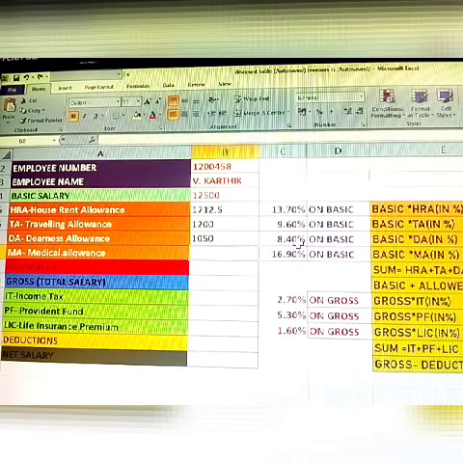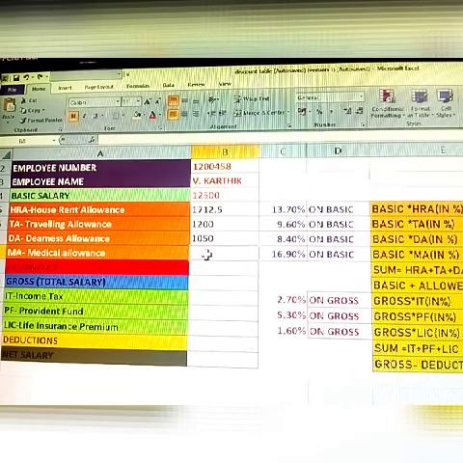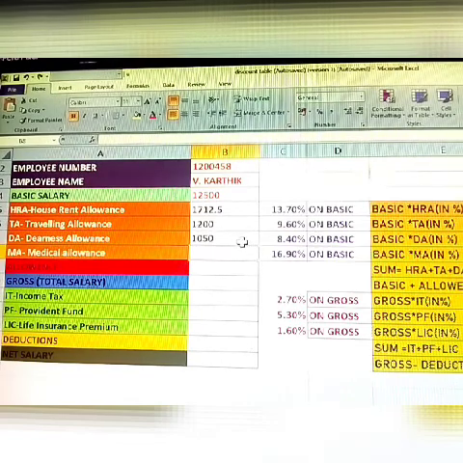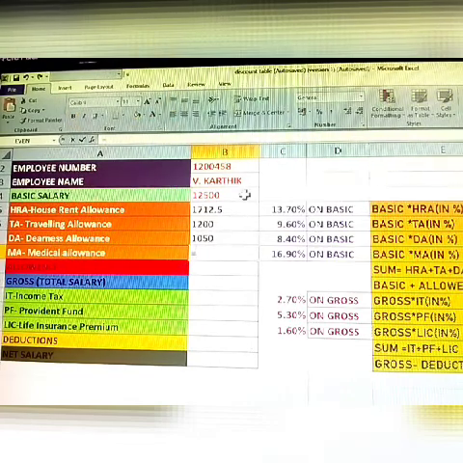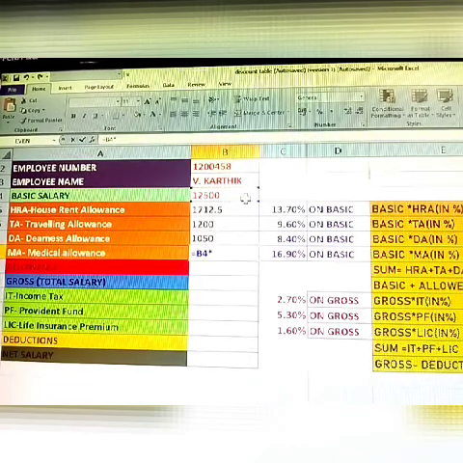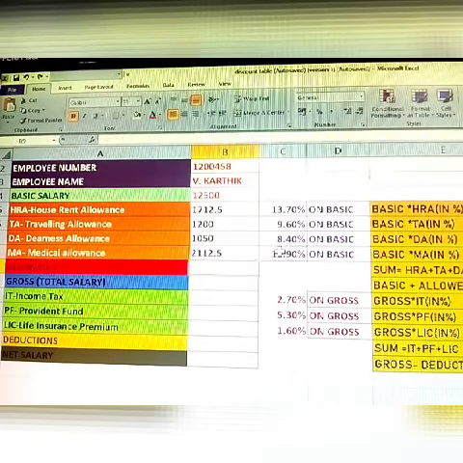These are all compulsorily calculated on the basic salary. Next, MA, medical allowance. Again, equal to, select the basic salary, shift 8, then select the MA percentage. Click enter.